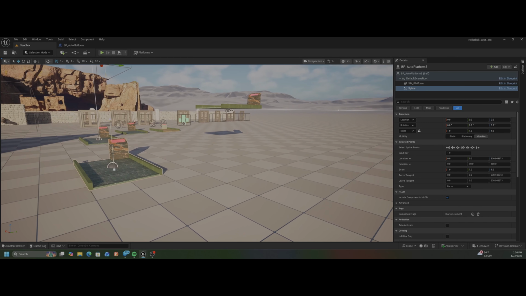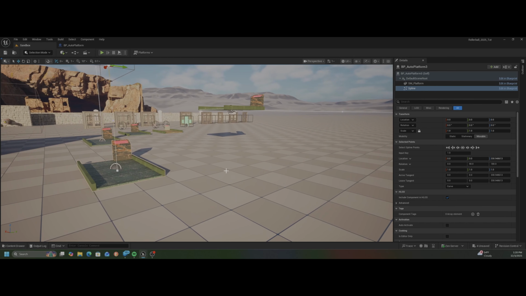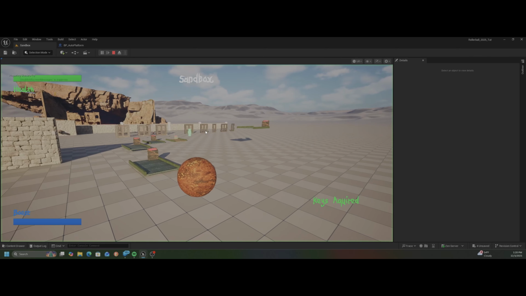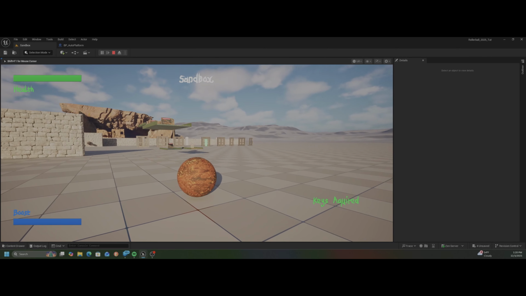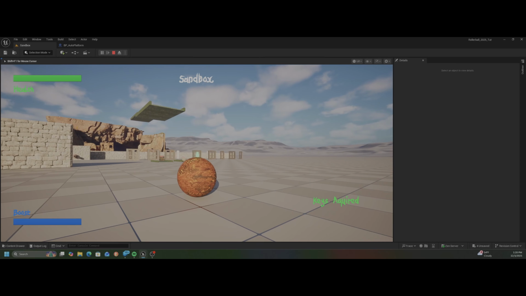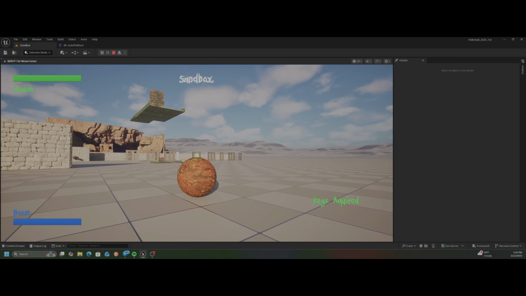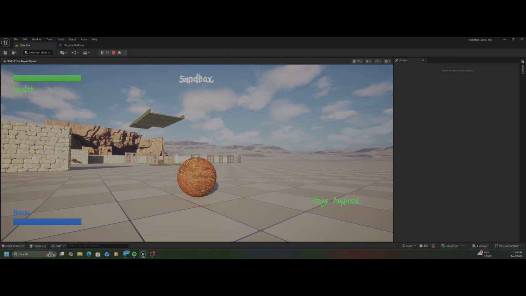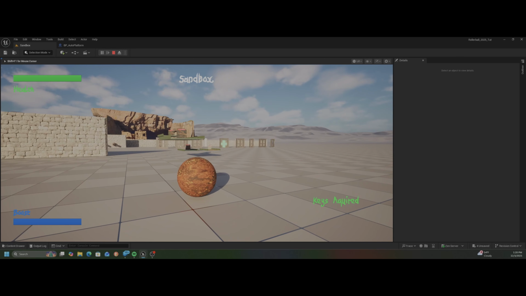I'm going to leave it so you can kind of see what I'm talking about. That way, if you have this happen, you'll recognize it and you can come back and you'll know where to check to see what the problem is. So I'm going to hit play, and you'll see that the platform goes up just like it's supposed to, and then when it gets to the end, it flips around. So now it's 180 degrees from where it's supposed to be,